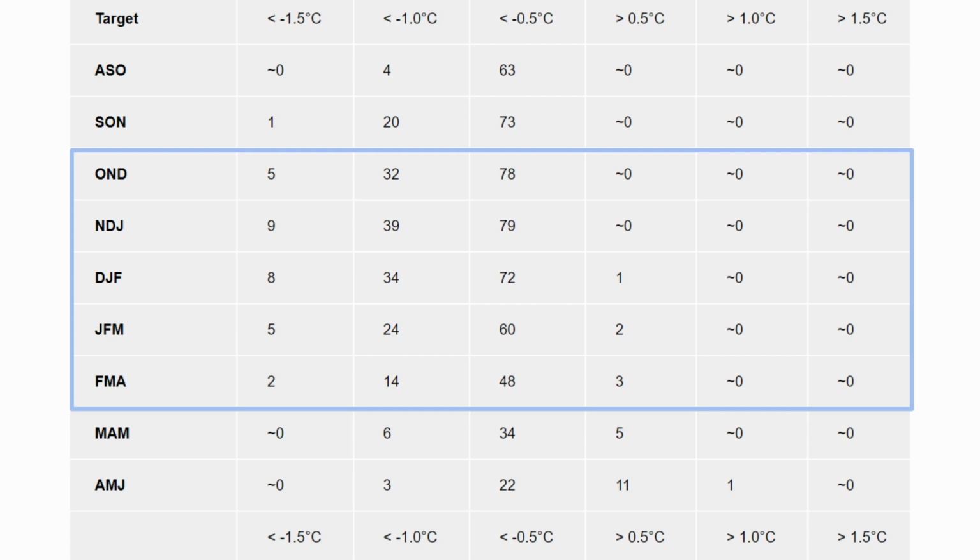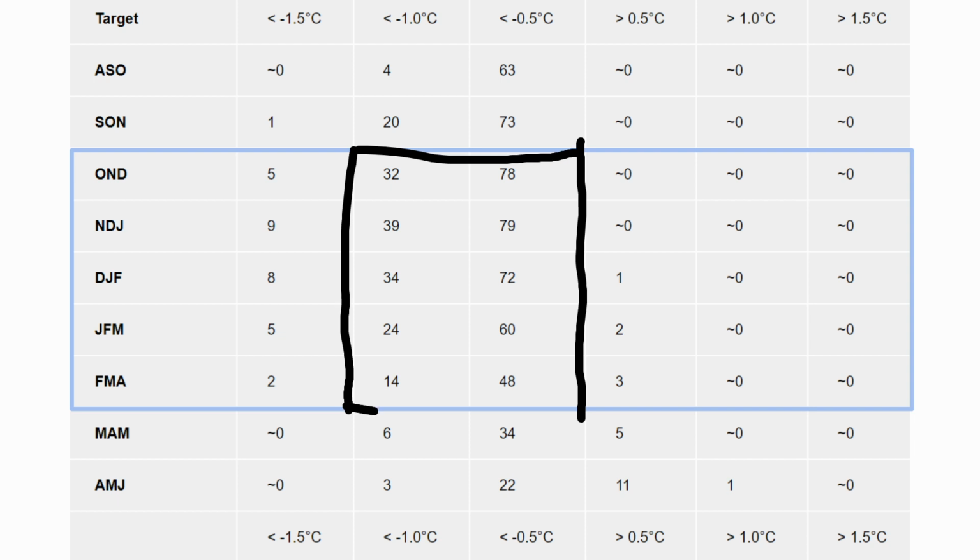If we look at the numerical predictions for this, you can see the percent chances. So, for example, this is a 78% chance and a 32% chance. Using that example, from October, November, December, that 3-month time frame, you have a 78% chance of seeing a weak La Nina and a 32% chance of a moderate La Nina. So that's kind of how to read this graph. You want to pay attention to these two columns right here and within this box. So this is where we mainly want to pay attention.